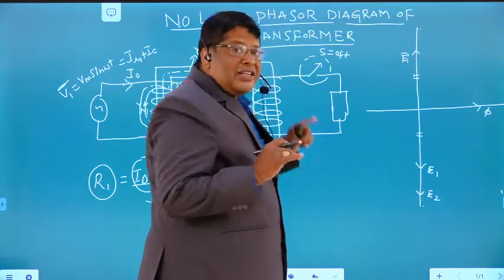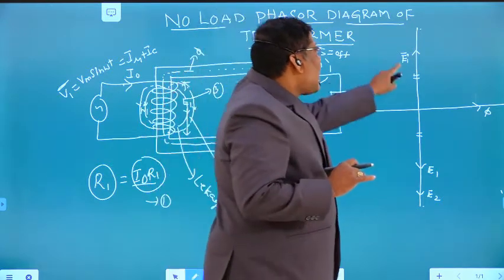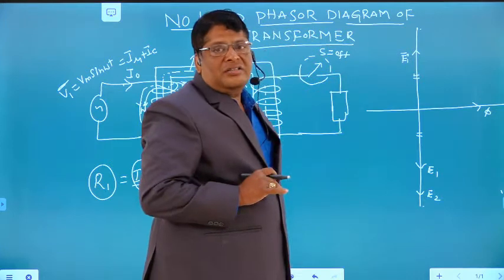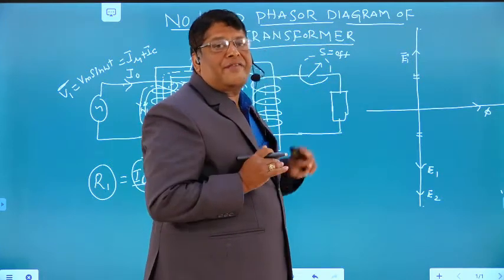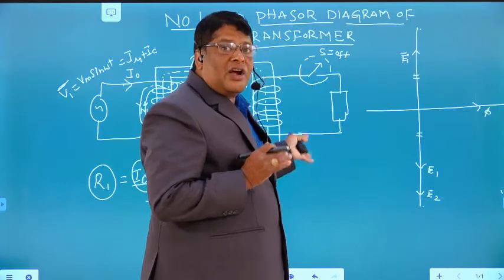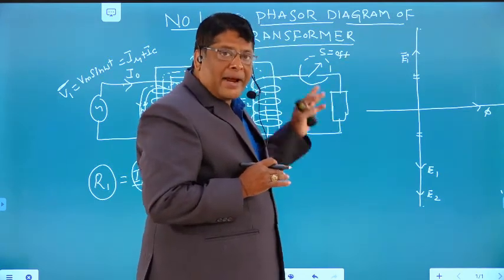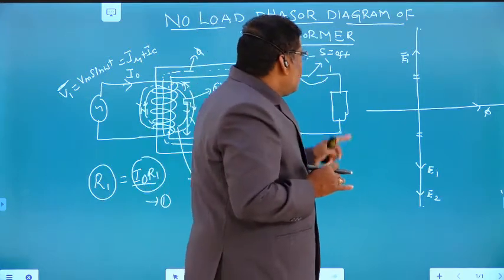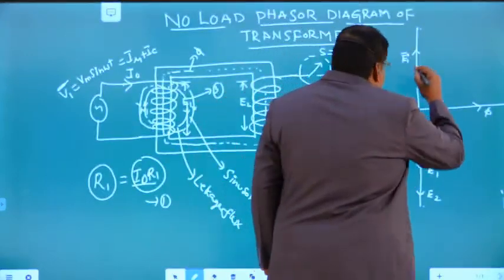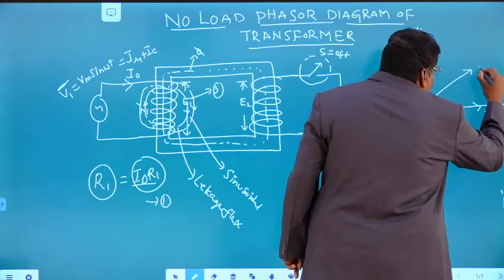Now, in this case, whenever we are considering the resistance and reactance of the primary winding, E1 dash is not equal to V1. There will be some voltage drop in the primary winding. In an ideal transformer, we neglect it. Now we are taking everything because it is a practical transformer. See here, now whenever we apply the voltage here, it is taking a current of I0.